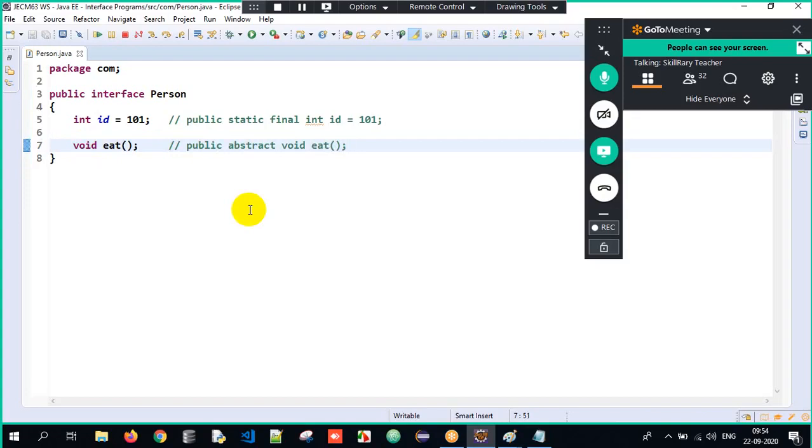Got it? In an interface, can we have variables? Your answer is yes, but they are implicitly public, static and final. Can an interface have methods? Yes, only abstract methods, and those methods are automatically public and abstract. And we know how to create an interface. It's almost similar to a class: class name, here interface name.